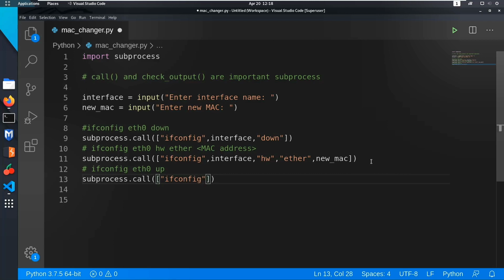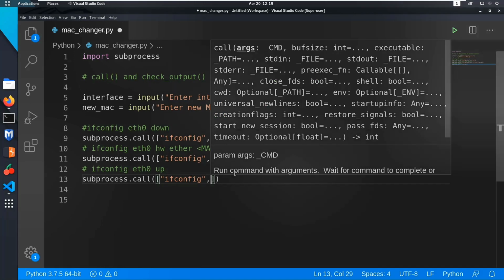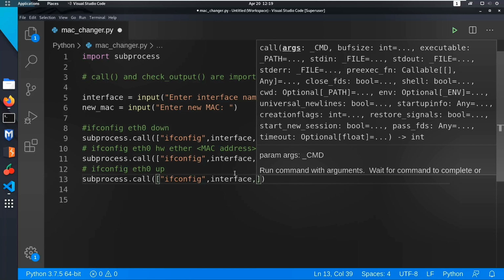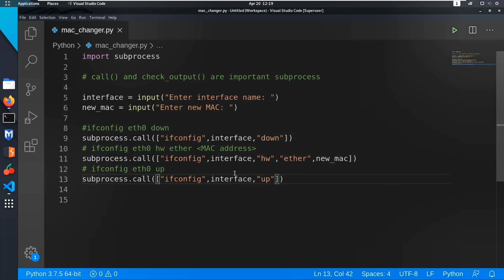Or if you think why should I write ifconfig so many times, you can declare a variable above and use it. The choice is yours. And the interface, and the third argument is up.